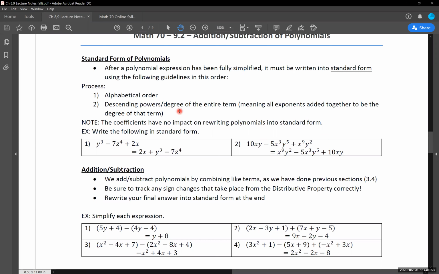So by descending powers, this x to the ninth, y to the second is going to go out front. It has the highest power to it, or highest degree. The negative 5x cubed y to the fifth is going to come directly after it. It's the second largest in terms of its degree. And then 10xy is going at the very end because it has the smallest degree, or smallest amount of powers that are attached to it. So we're just reorganizing it in this instance. Again, the coefficient stays the same. It has no impact on how we're working through these. And we just need to make sure that we're keeping any and all the signs in front of them the exact same as we move these around.